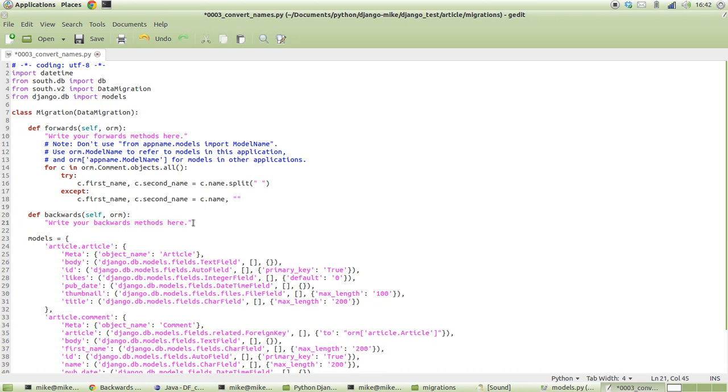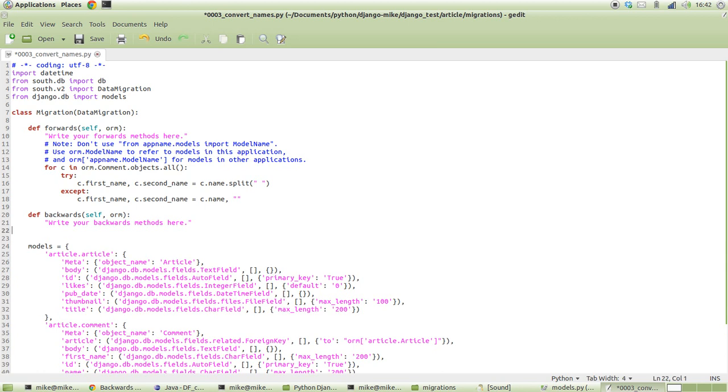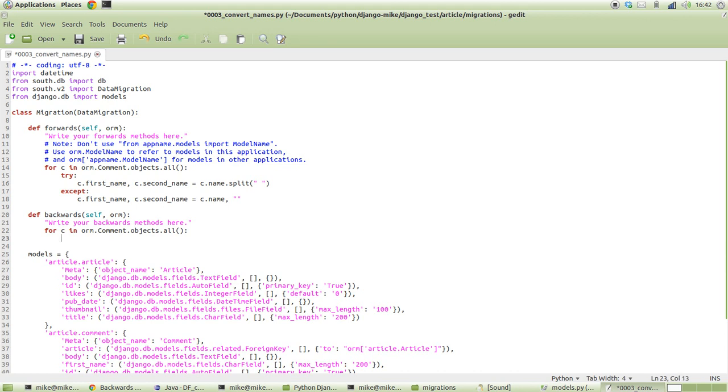And if we go into the backwards section, in the case of this comment, the name should equal nothing, because unfortunately there's no way we can keep track of what information we destroyed in the conversion process. So unfortunately it isn't perfect, but